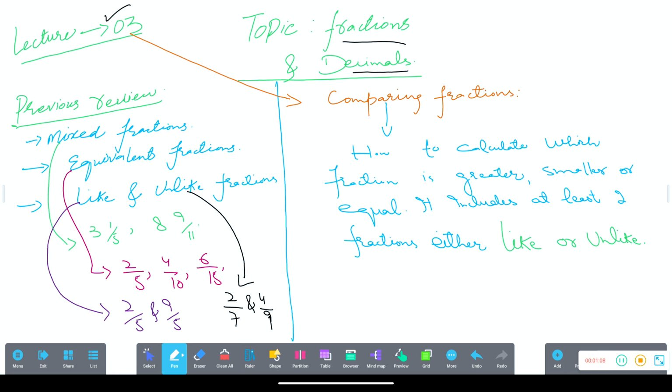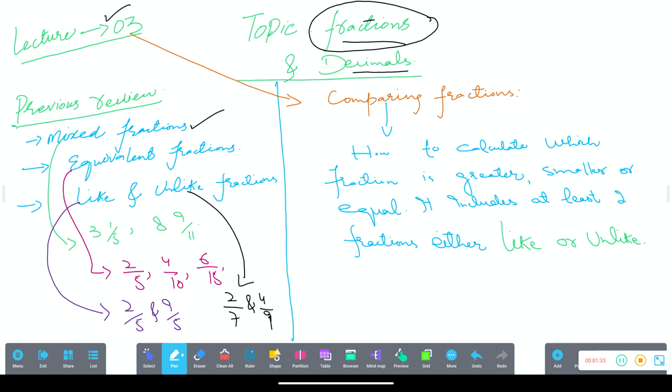And I hope you are aware that right now we are on the first part of the topic, that is fractions. We are dealing with fractions right now. So let me have a review of the previous lecture. In the second lecture, we have gone through mixed fractions. Mixed fractions, you can see here, the green arrow that's coming down,